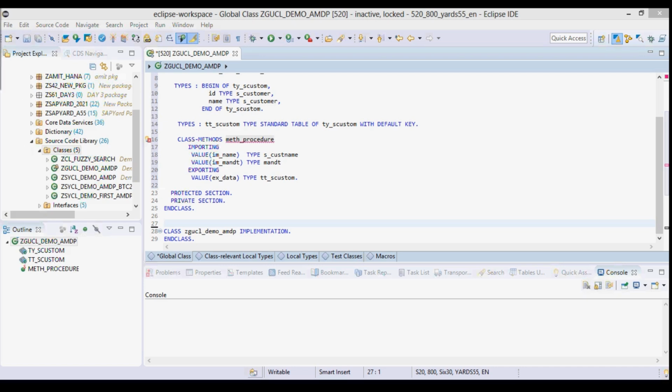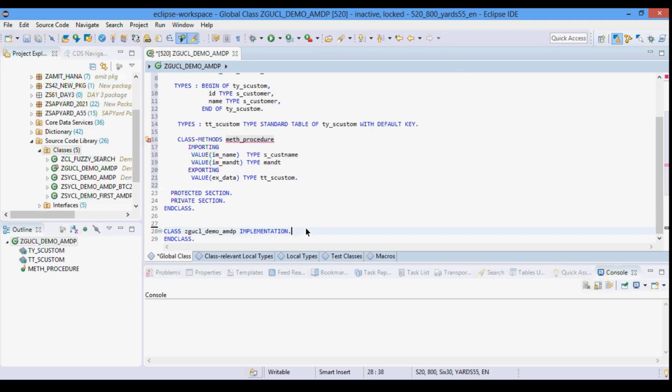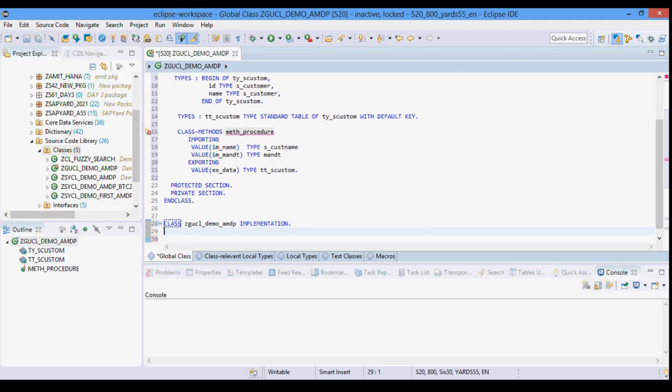Okay, so let us see the additions available. So here I am basically doing the implementation method math_procedure. Then I have to add this by database procedure.